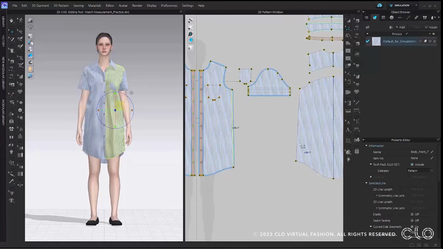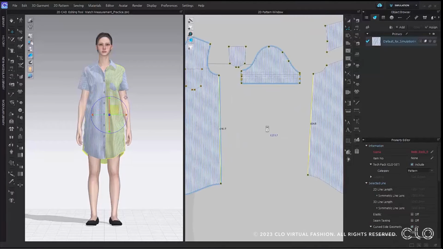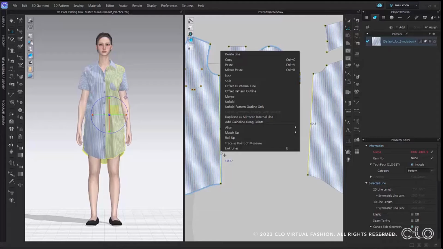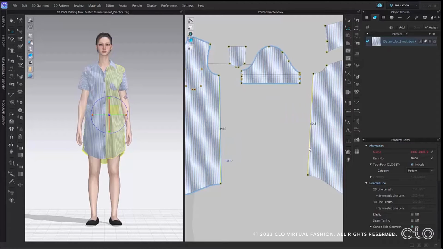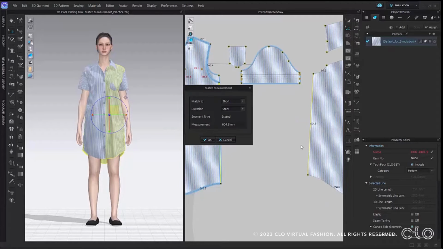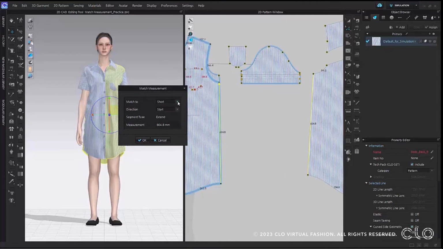All I need to do is select the lines I'd like to match up, and here I have varied side seam lengths. So my back is a little bit different than my front. Now if I right click under my match up item, you'll find a new match measurement option. You'll then receive this pop-up, and this is going to allow you to decide how you'd like to match your measurement. So you can decide whether or not you want to match your measurement to the shorter or the longer